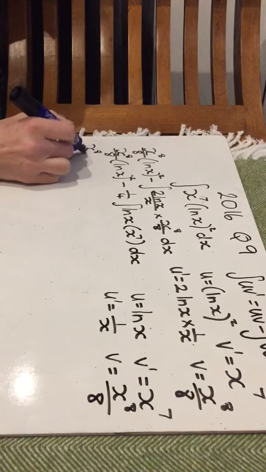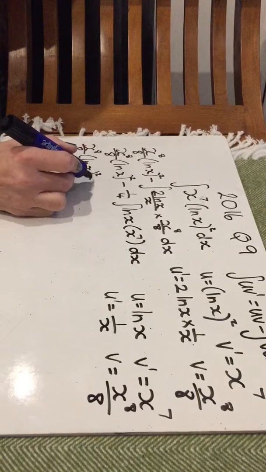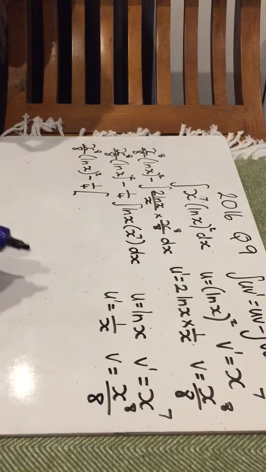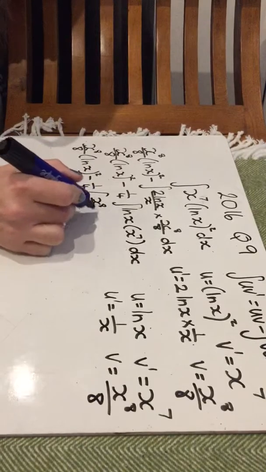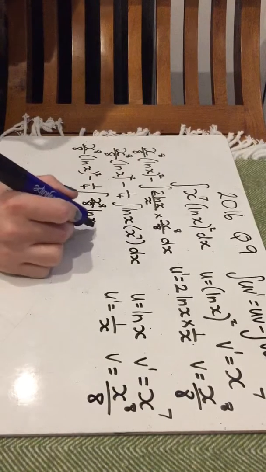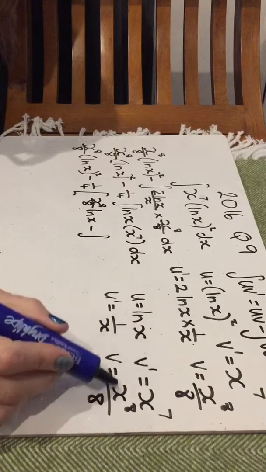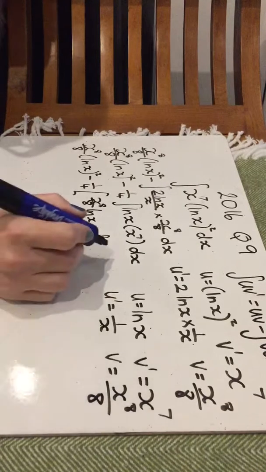So writing all of this out, we've got that staying as it is. We've got minus 1/4 times uv again, so uv this time is going to be x to the 8 over 8 log x, minus the integral of vu dash, which is going to be x to the 8 over 8x, so that's just going to be x to the 7